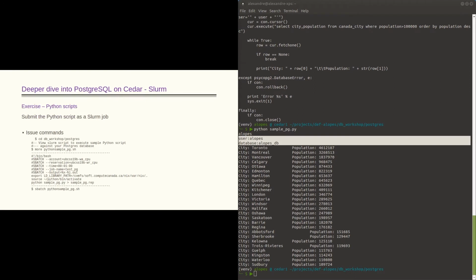So in order to submit a Python script job to Cedar, we use the Cedar scheduler, which is called Slurm. First, it's quite important to be in a directory that is under the project tree. To submit jobs to Cedar, it's only allowed if you have a project allocation